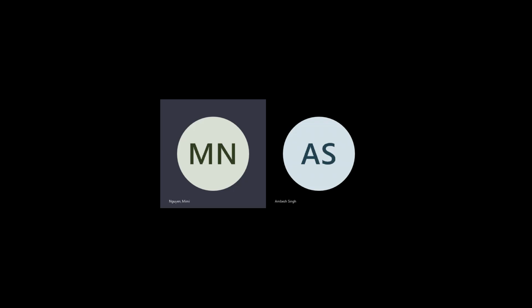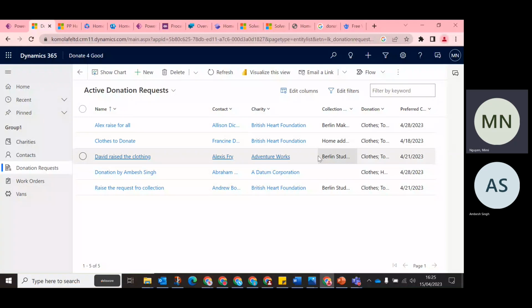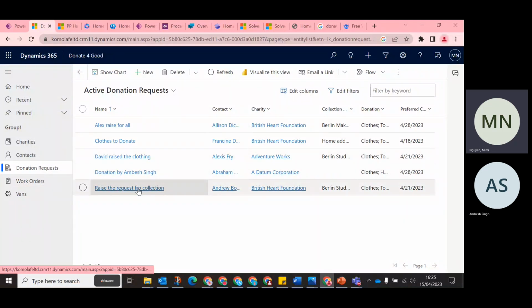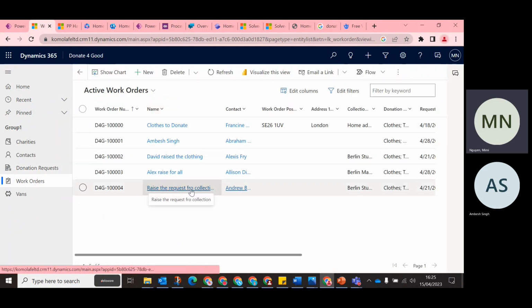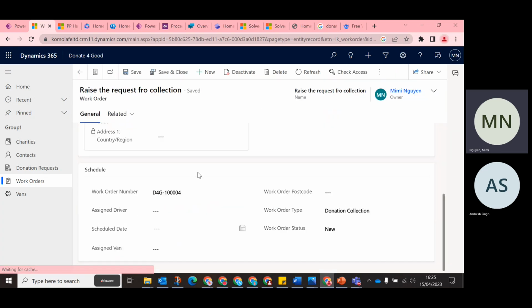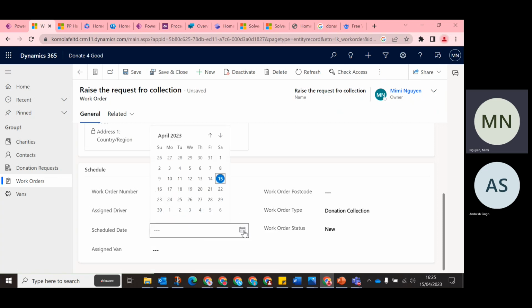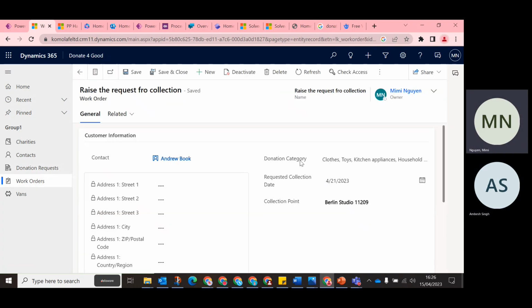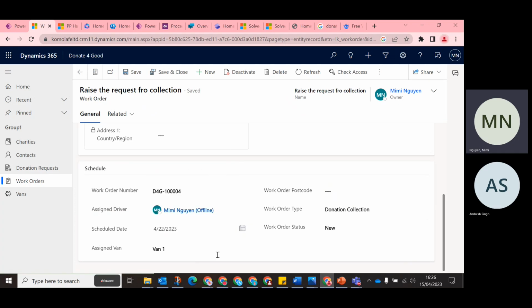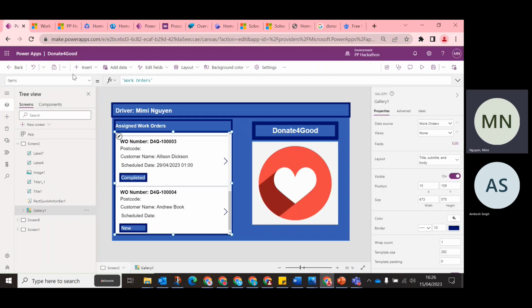Okay, so I'm going to share my screen to show the flow in Dynamics 365. We are now seeing the order we're going to create. The flow has already been created so that we can add this to our Canvas app. So here is the order that Ambesh has just made. We have an assigned driver, who is Mimi, and the assigned date is for the 29th, I assume. Hold on a second. It's the 22nd. So yes, it is for the 22nd. Let's go back down. It has now been assigned to van 1. I'm just going to save that. So if we now go back to our app,